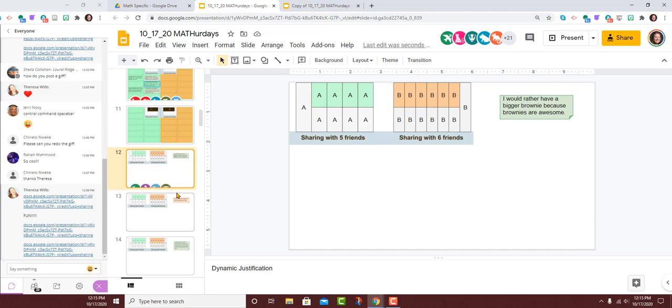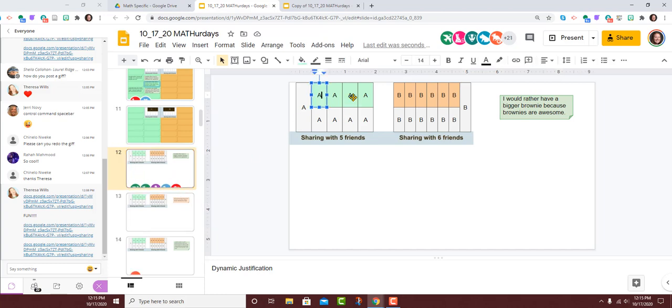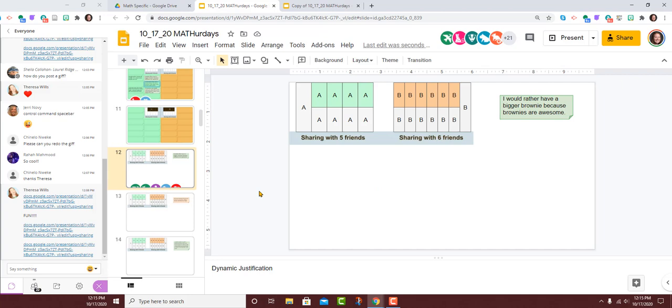In our first justification, it was static. The picture could not move, and that meant that you had to kind of do some reasoning in your head. This next one, all of these little A's and B's can move independently, and they are transparent. So if it helps when you're describing your situation, you are more than welcome to move them.